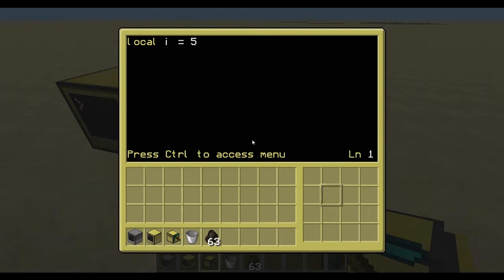That's not 5, that's R. Local I is equal to 5. Now, we are going to repeat print I. Now we're going to do